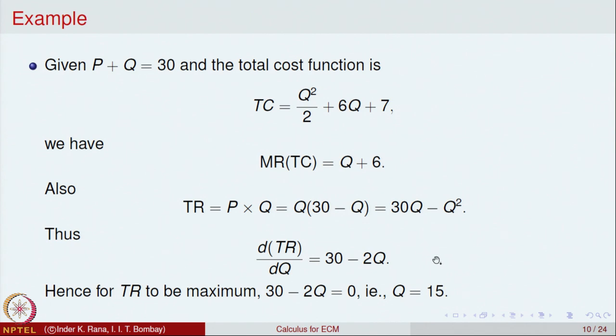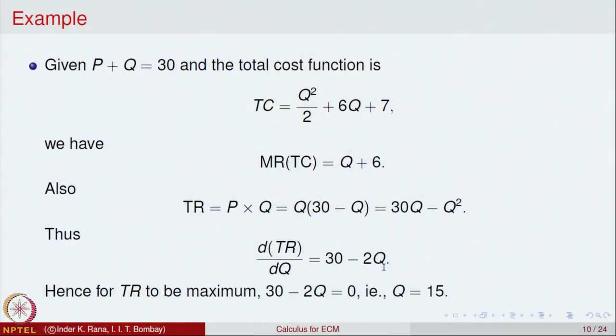Can we say that q equal to 15 is the point of maximum? Well, there are two ways of deciding that. One can decide by the first derivative itself. Look at 30 minus 2 q. On the left of the point q equal to 15, q will be less than 15, so this will be positive. So the derivative is positive on the left, the function will be increasing on the left side, and on the right it will be negative, so it will be decreasing. So the function goes up and then goes down from left to right. So q equal to 15, by the first derivative test itself, is a